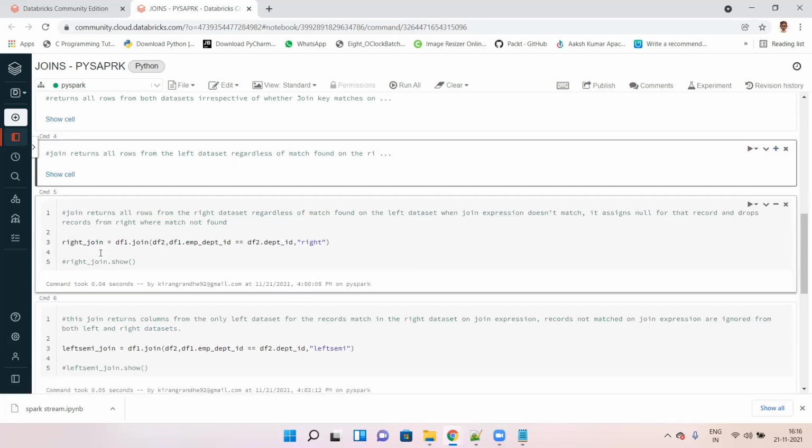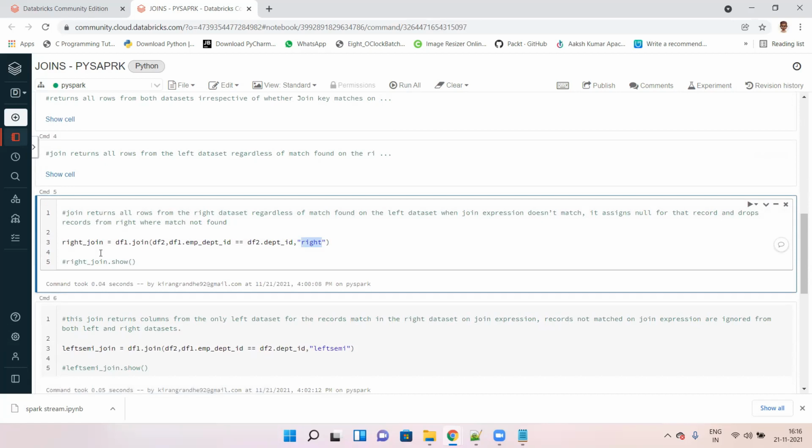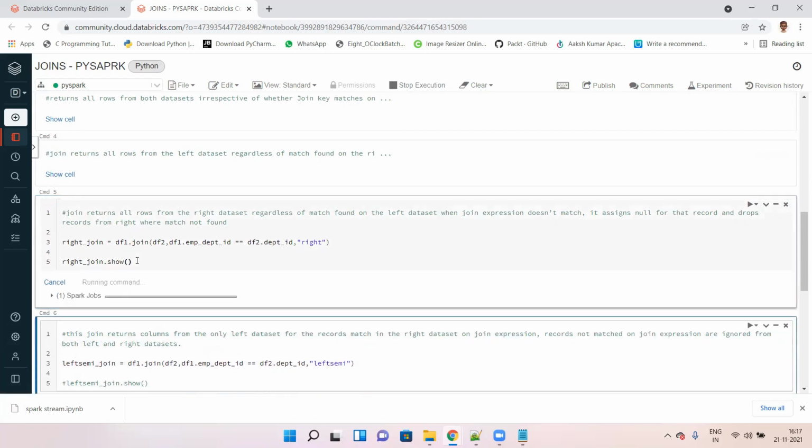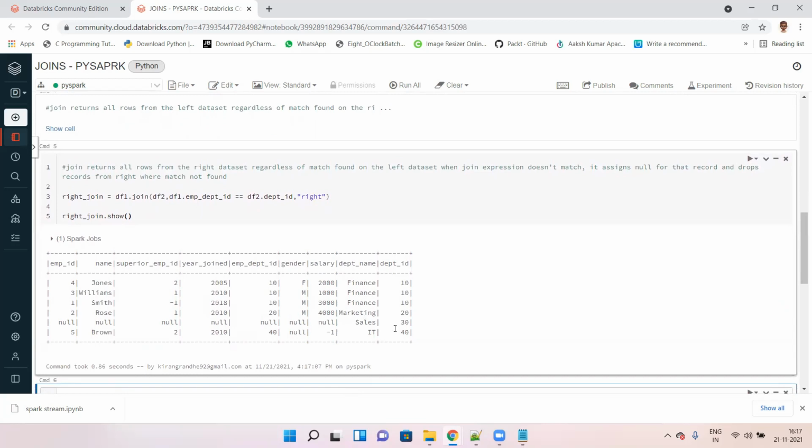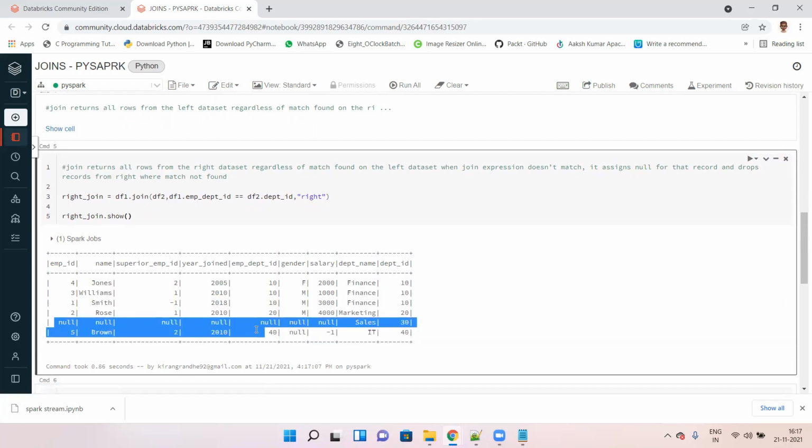So next, this is the right join. It is similar to left join, but quite opposite. So here we'll get all the data from the right table and common data from the left table. From the department table we got all the data, but from this table we got null values since it is not present in the left. This is the left table.